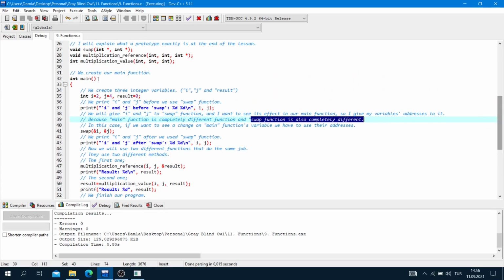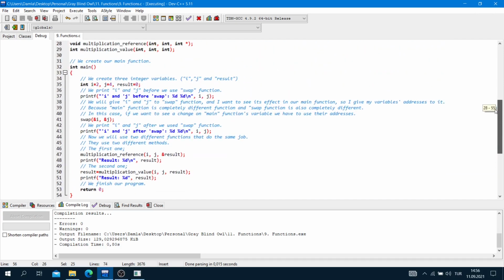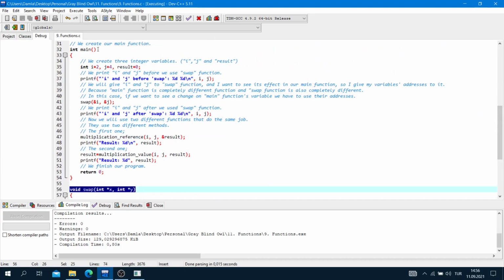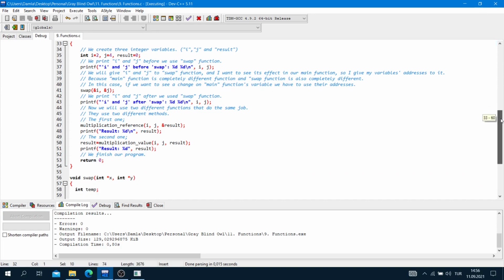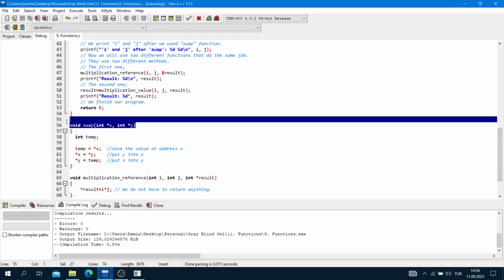Here, integer, main, brackets, and curly brackets. Now, void swap. I use void because I want to change our data, but I don't want to return any data to our main function. Okay, integer main is different function, and void swap is different function.